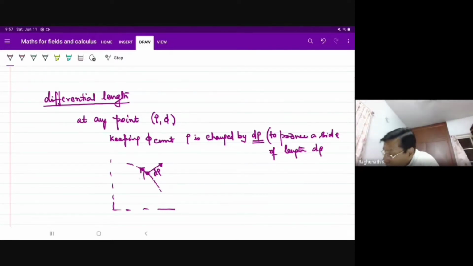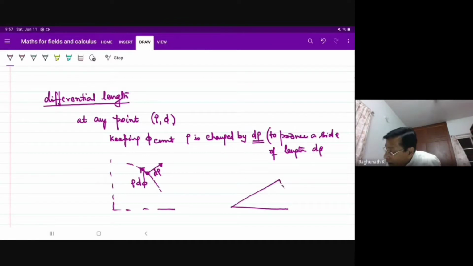What is this side? Rho d phi. Hope this is clear, where phi is in radian. Only when phi is in radian,